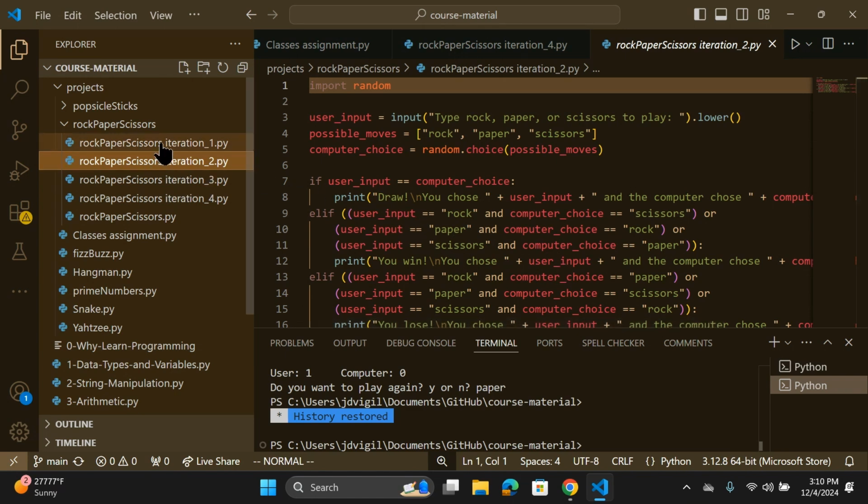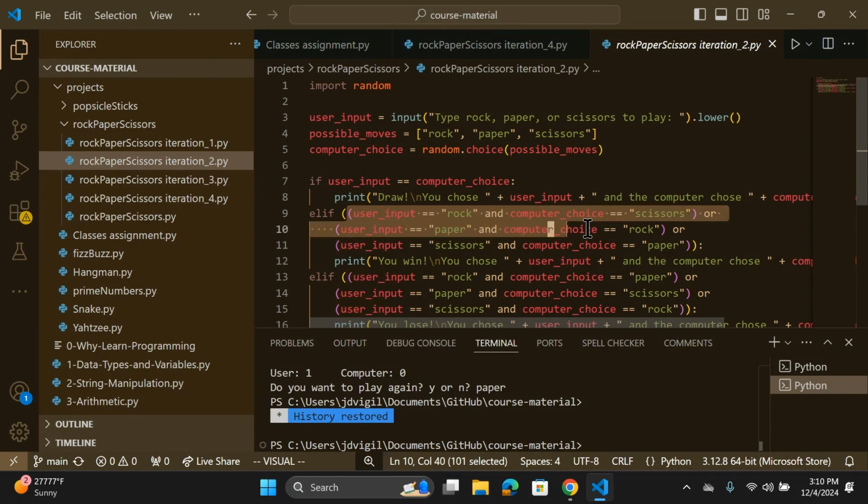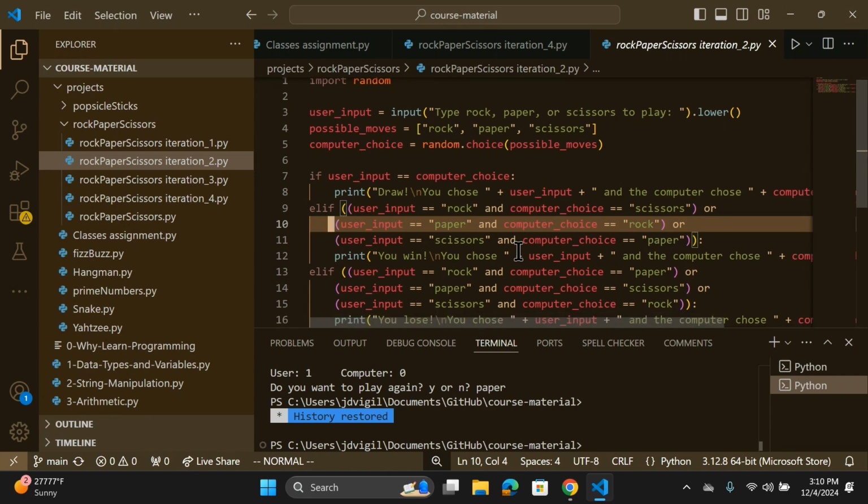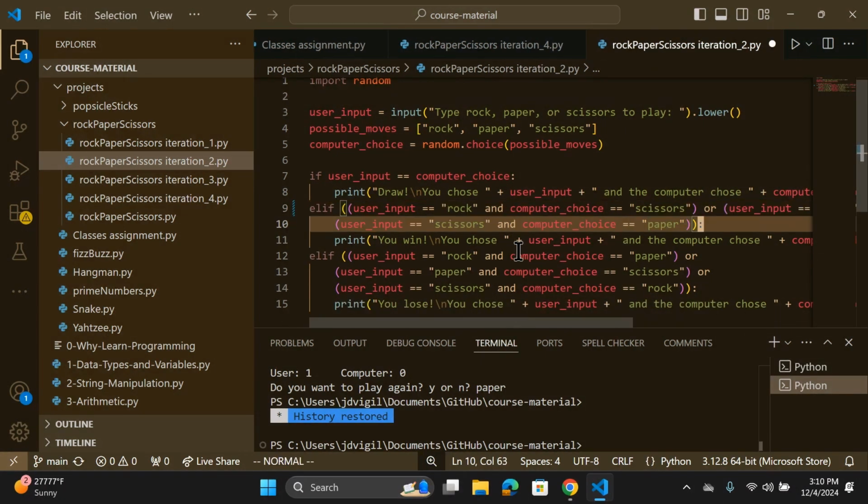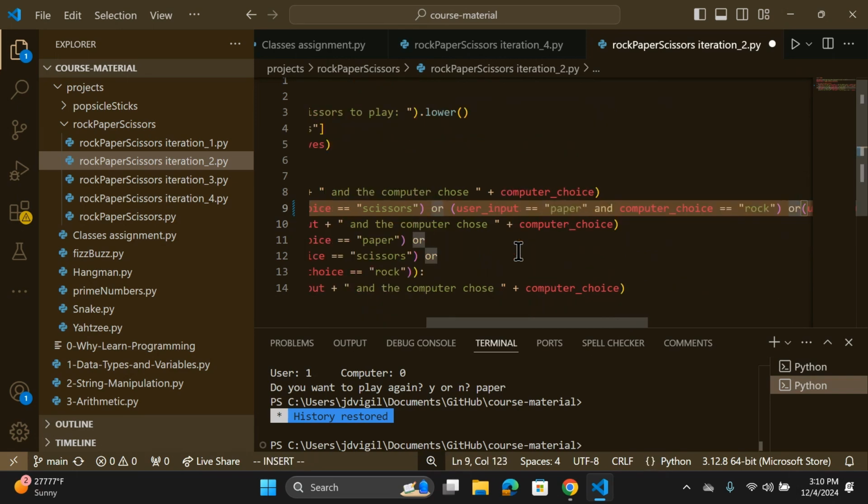So we can essentially take 3 of these elifs. We want all the win conditions, and we can put them inside of parentheses and put OR statements in between them. This is the same as if we were to do this and this,